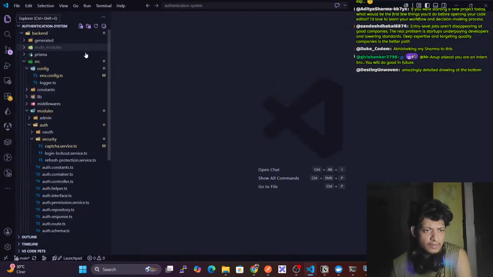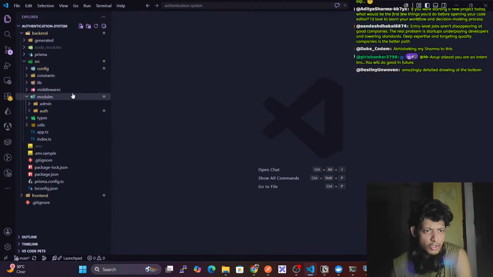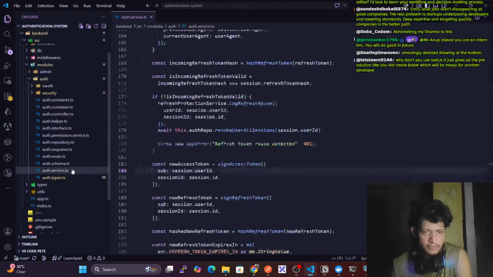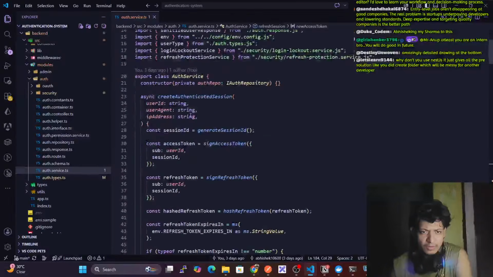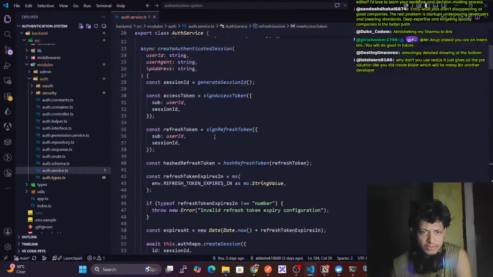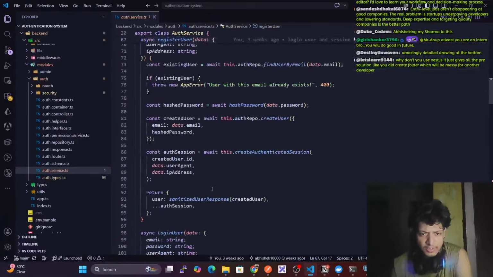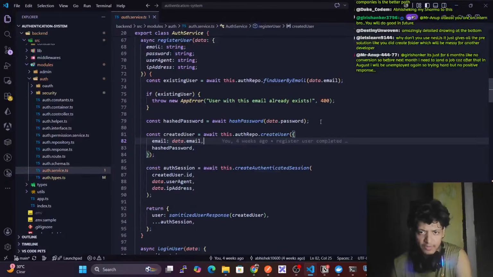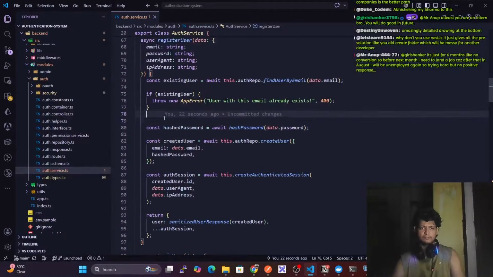If I go here, src backend, src module, auth dot service, and here we have the auth service. I think the session is not here. Where is it? Register user. We have this register user, auth session, create user. Okay, here we're hashing the password, existing user. Before we hash the password,